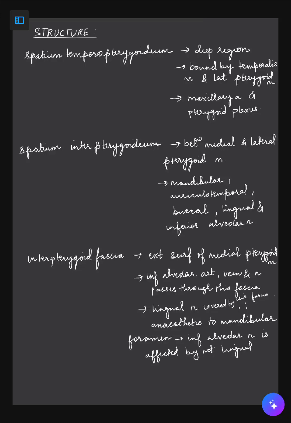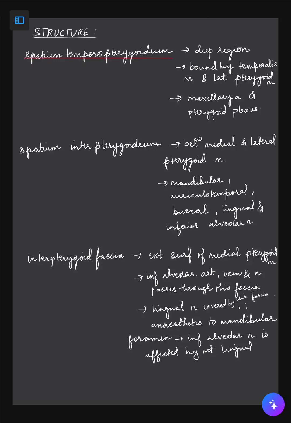Now what are the structures? This deep facial region is very important. Why? I will tell you. In this region there are different spaces, which are very important because specific nerves pass through them, and if there is any surgical process, trauma or injury, the space tells you which nerve would be damaged. Now first is the spatium